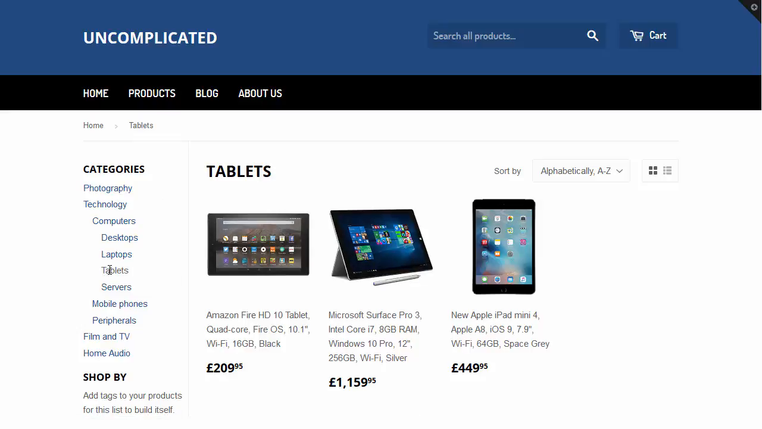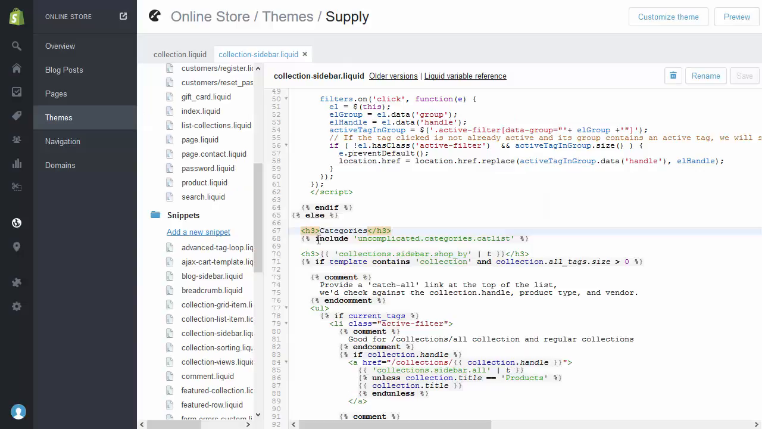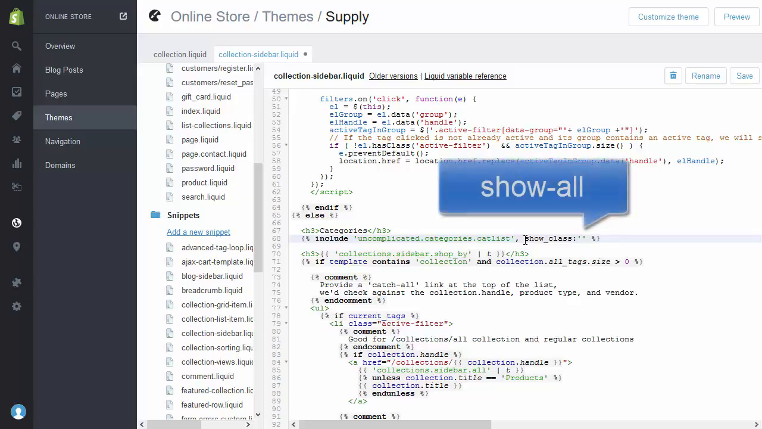So deploying a different version of the category list is very straightforward. I go back into my theme, and in here I modify the include line that I've put in there already. By default this is using path back, but what I want to do is configure it to use a different one. So I set show class and the name of the class that I want to use, in this case show all,